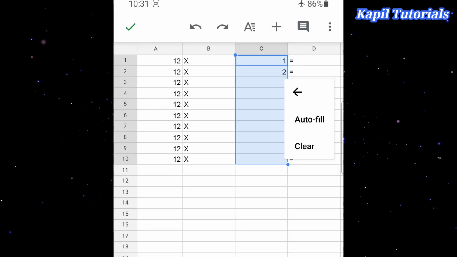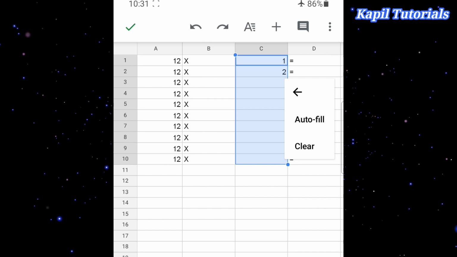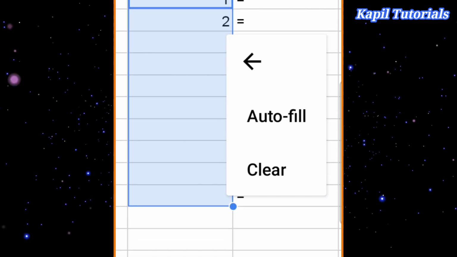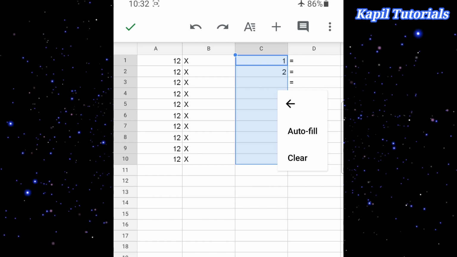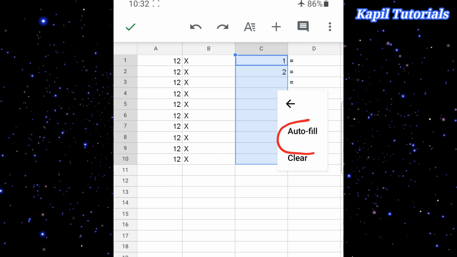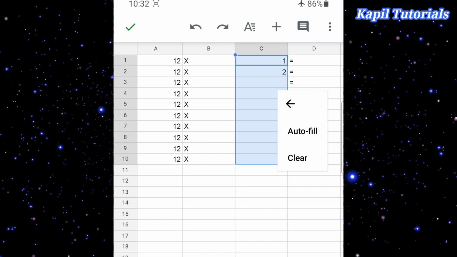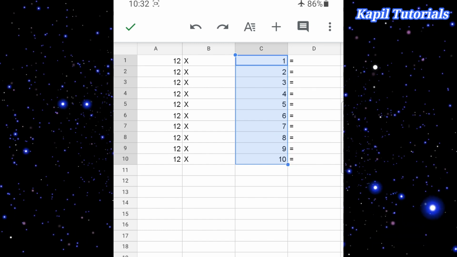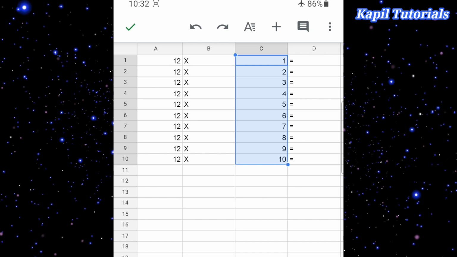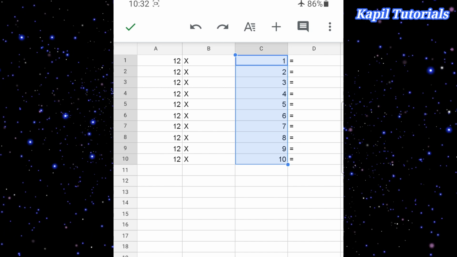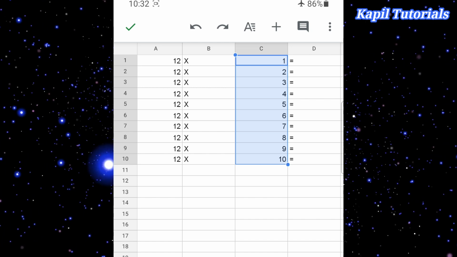Can you see the autofill feature? I have to click on this autofill. As a result, you could find that the numbers are automatically filled in a series. I hope it is clear to you.